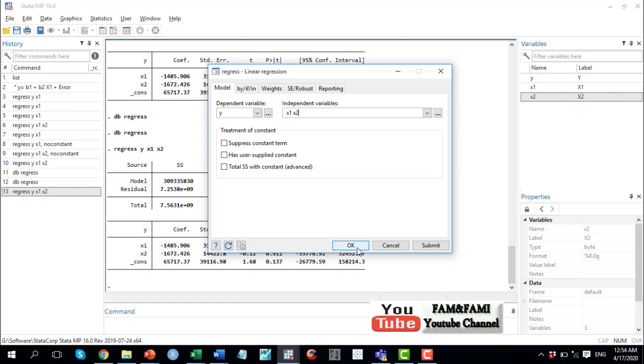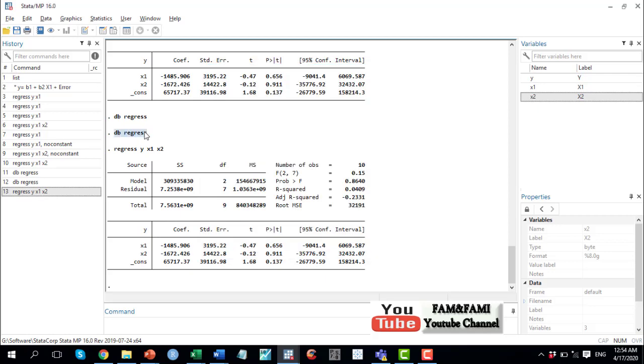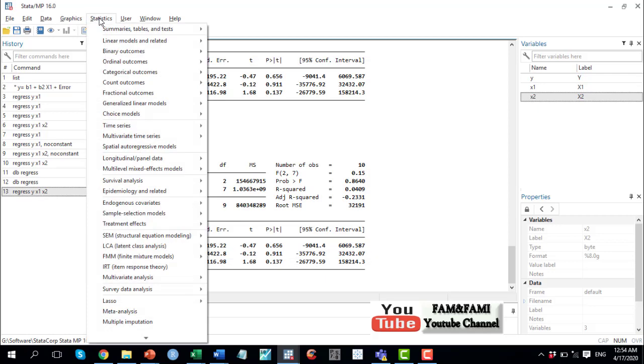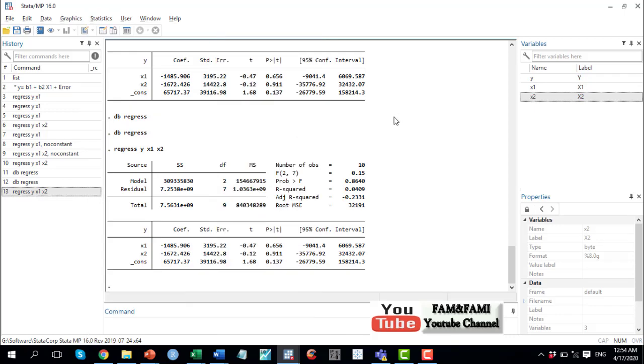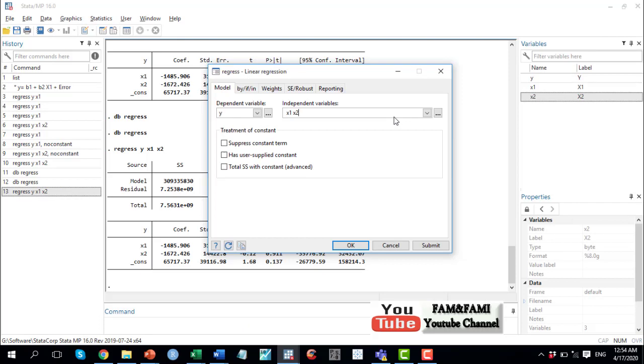And if you want to rerun a regression, you need to type db regress one more time, or go to the statistics menu, linear models, and select the linear regression option from the submenu. Alternatively, if you plan to use this dialog box multiple times, then instead of pressing OK, you can simply click on submit. So what does submit do? It generates the output.